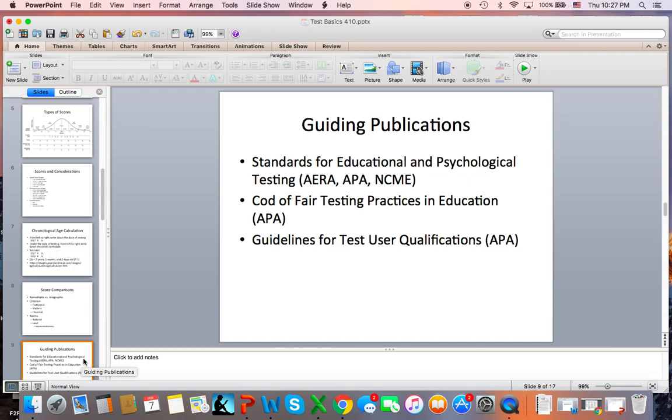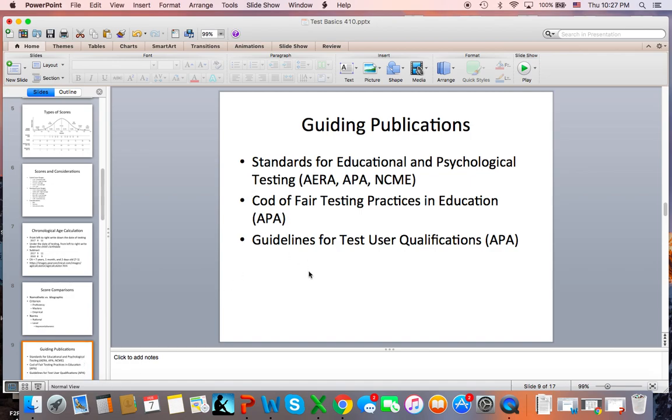So testing and assessment, like we said, is rampant in education, and it's also taken pretty seriously. So it's important. Previously, again, going back to Larry P., Diana, those court cases we talked about, educational professionals have not always necessarily acted in the most ethical fashion. So there has been the publication of several guidelines or publications to guide the use and administration of tests in the school setting. So the standards for educational and